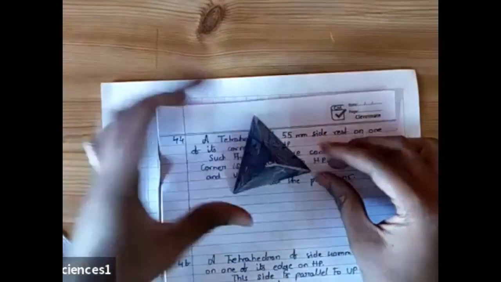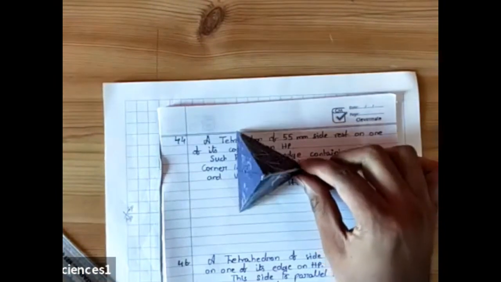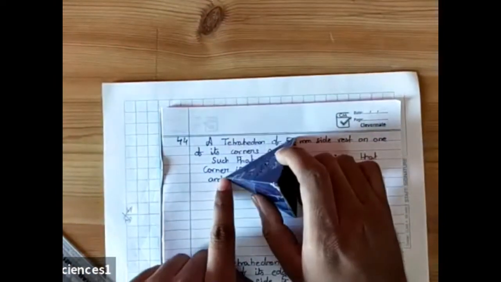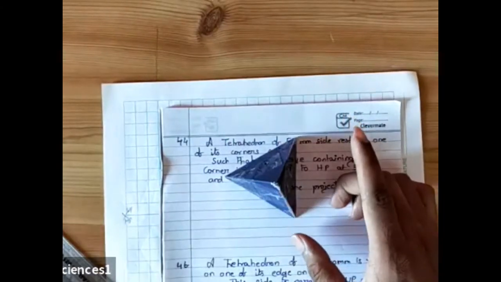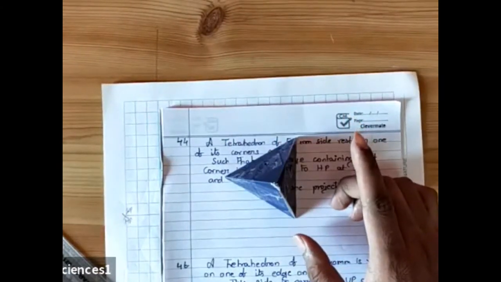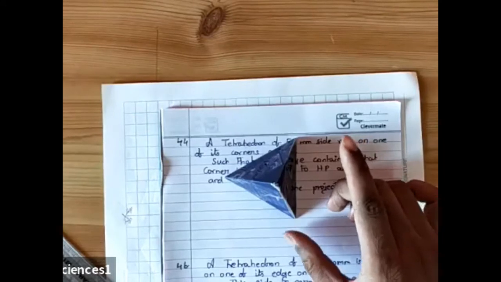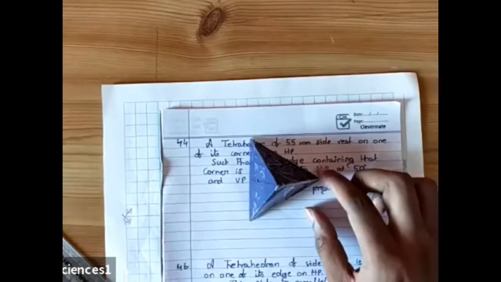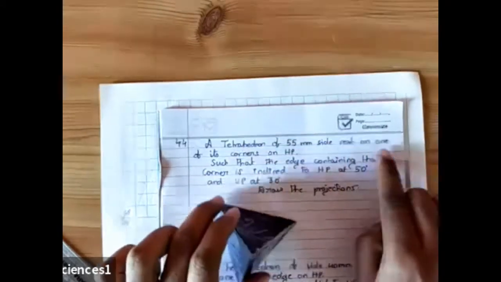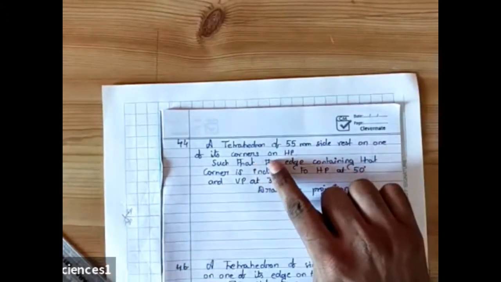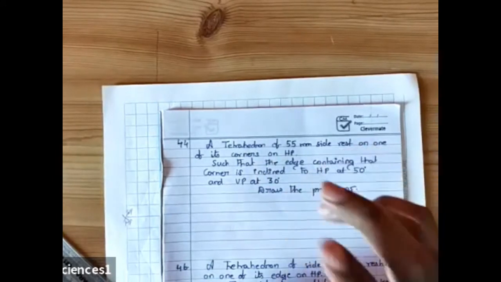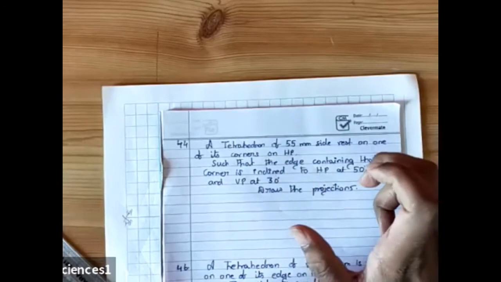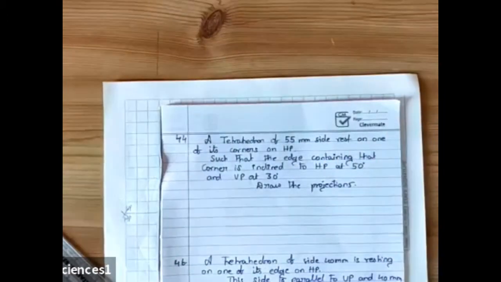Say, for example, you kept the tetrahedron like this. So this is edge resting and this is corner resting. In the solids problems, you will be placing the corner towards your right. Why are they placing it towards your right? Because the condition says it is resting on one of its corners. That means in the second condition, with respect to this corner, you can tilt. That is why they tell you whether it is edge resting or corner resting.